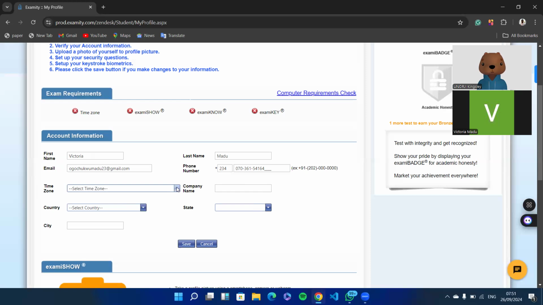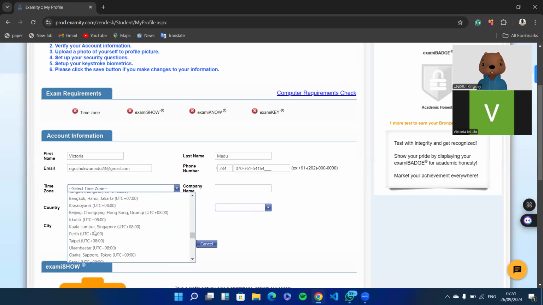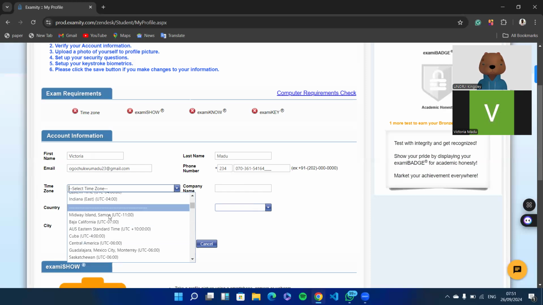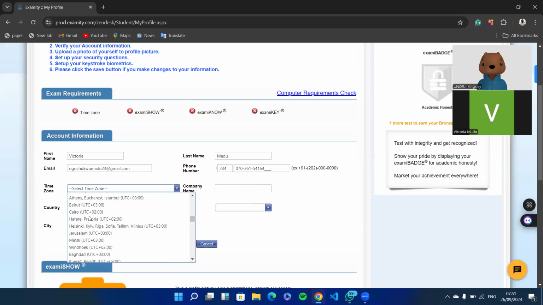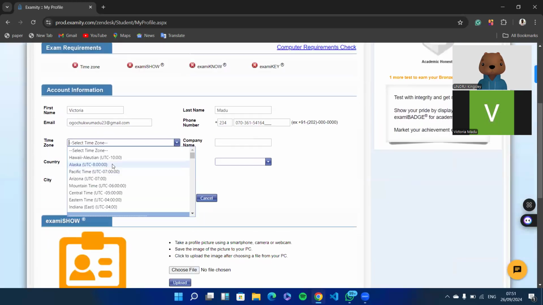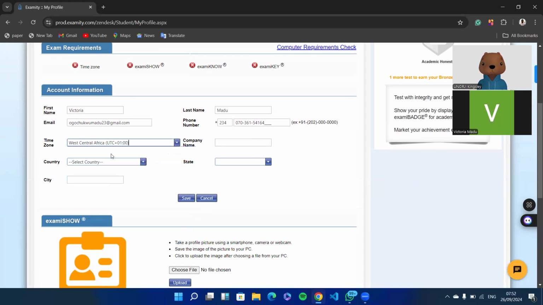Now, time zone, you are supposed to click on Central Africa time. So let's see if we can find it here. Central Africa time. I saw it somewhere. Just hold on while I look for it. Okay, I've seen it. I thought I saw something like West Africa. Okay, West Central Africa time. So UTC +1, so this is what you're looking for. West Central Africa UTC +1. The company name, obviously, Wave. So you're writing West Africa